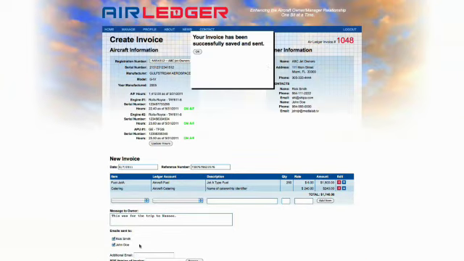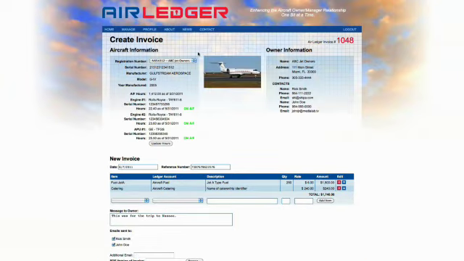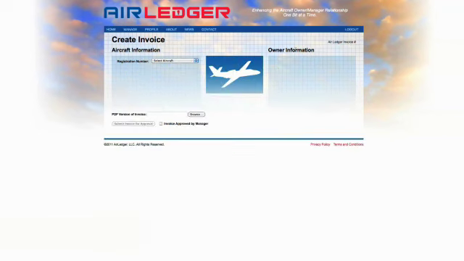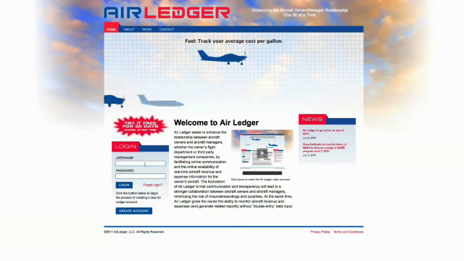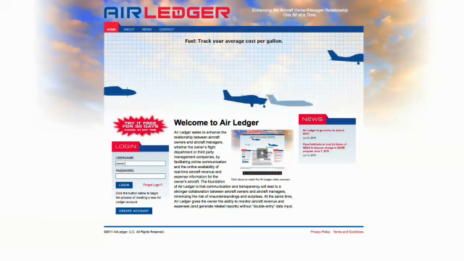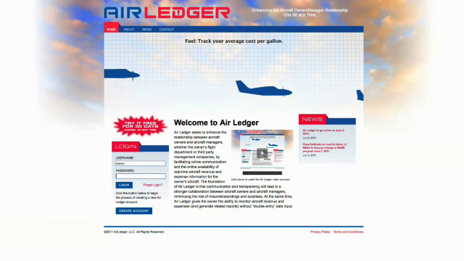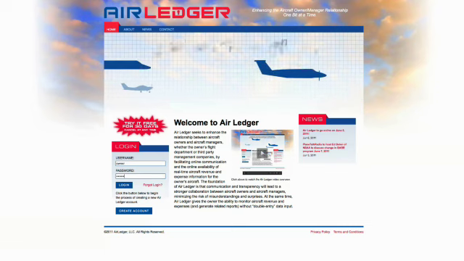You'll get a confirmation. Now at this point, the owner, or the owner's representative, will have received an email from AirLedger confirming that expenses have been posted with respect to this aircraft. At that point, the owner would go online, or the owner's representative would go online, log in,